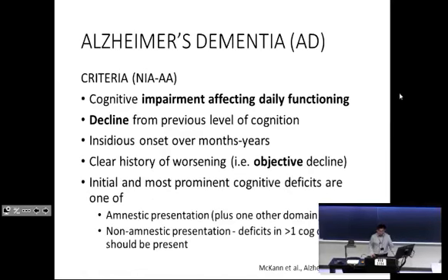So just mindful of time, with regards to the NIAA criteria for Alzheimer's disease, as you guys can see, it looks very similar to the criteria for MCI. The big thing to keep in mind here is that you need to actually make a very clear judgment about the domain. So is this person with Alzheimer's disease amnestic or memory predominant, or are they non-amnestic, so visual, spatial, executive, language, or attention? And that's pretty much it.